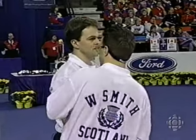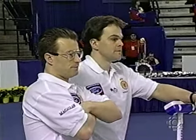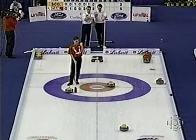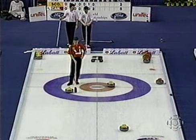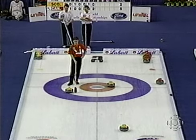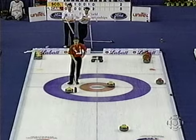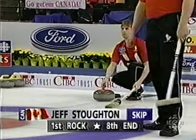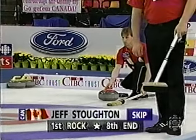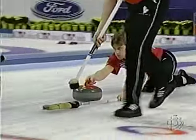And now for Jeff Stoughton, he has the same opportunity. The options say they're all behind the tee. How quickly the complexion of this end has changed from Canada lying 3 within 2 shots. Scotland is lying 2. Looks like if Jeff can hit between a third and a quarter of this, they'll both go as well, though. Even if he gets over in that general area, but...